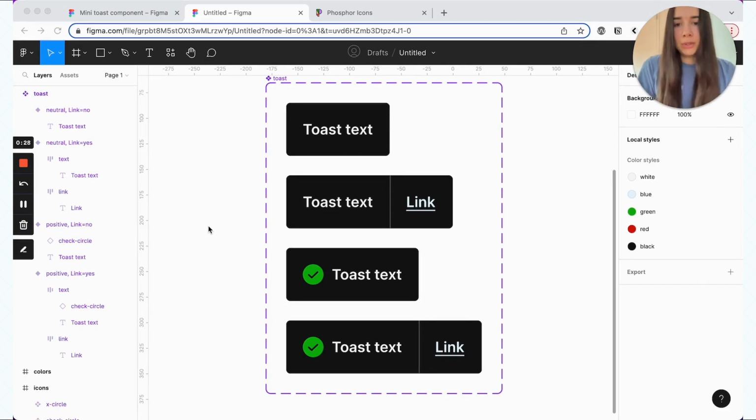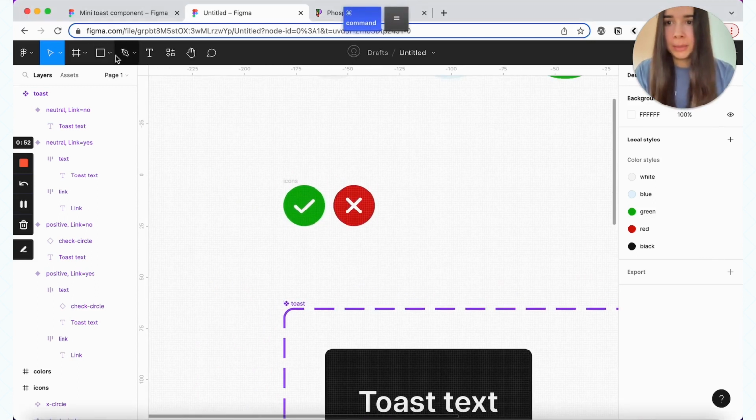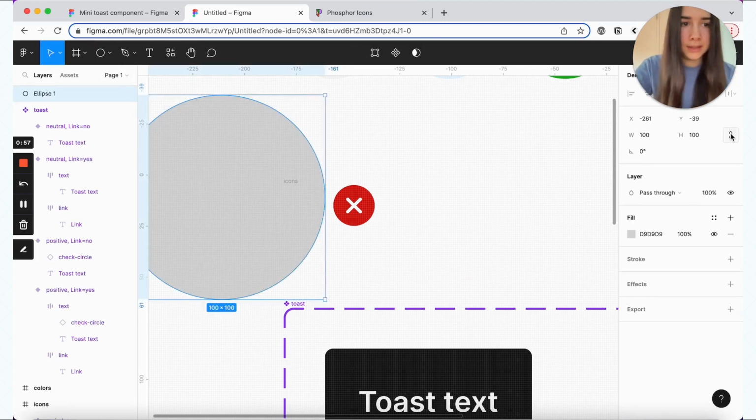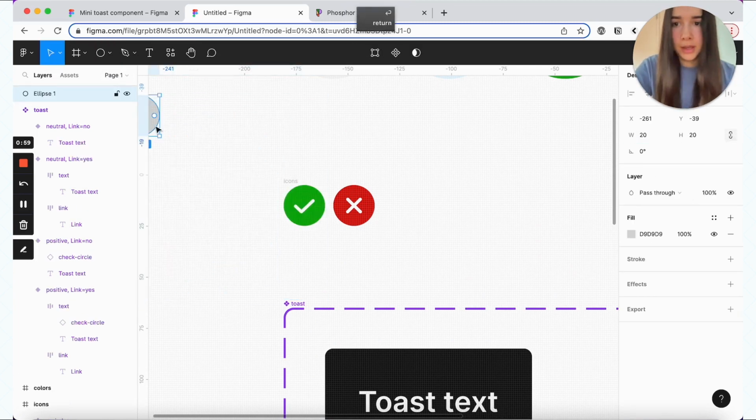One more thing that I'm noticing here is, as you can see, the check mark in the toast here is transparent. So we see the black background in the background, and I don't want that. I want it to also be white. So I'm going to create an ellipse. And I think this one we want 20.